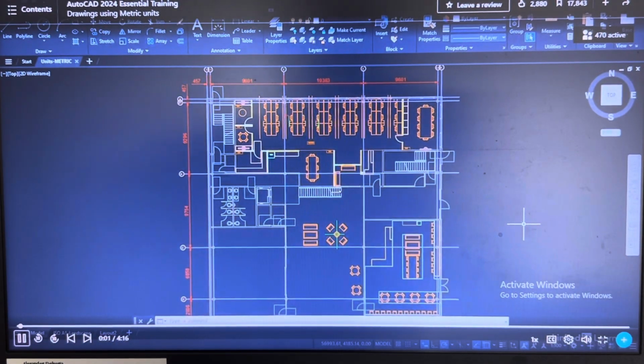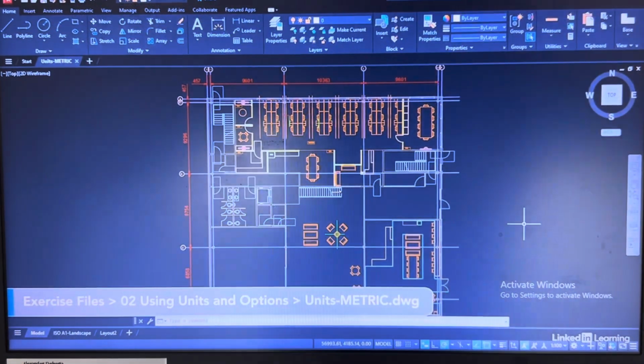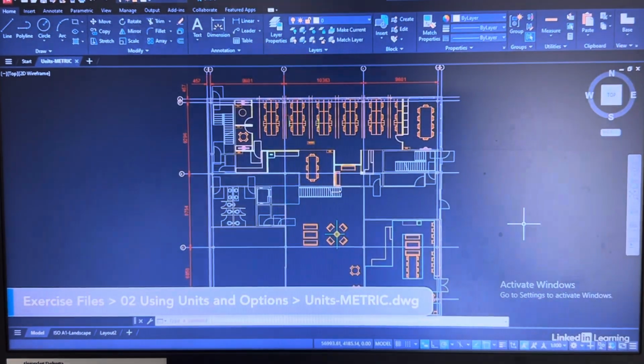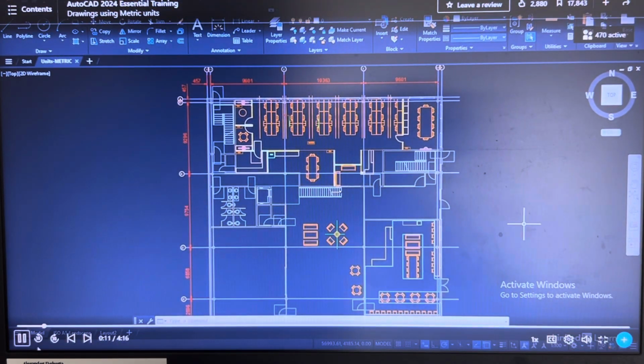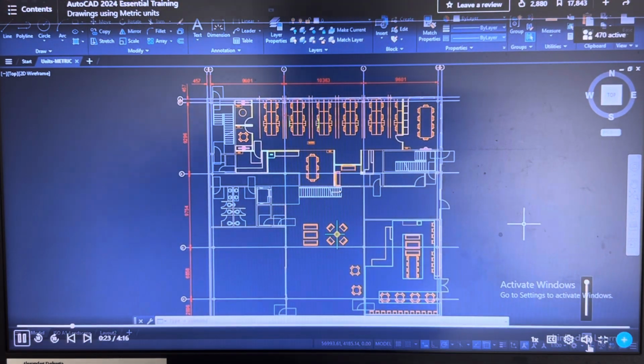We've got a different drawing open for you this time. It's called units-metric.dwg, and as usual, you can download it from the library to follow along with this particular video. Now, we mentioned units earlier with the units dialog box, didn't we, where we were setting all our unit display settings and so on. Now, what I want to get across here is the difference between